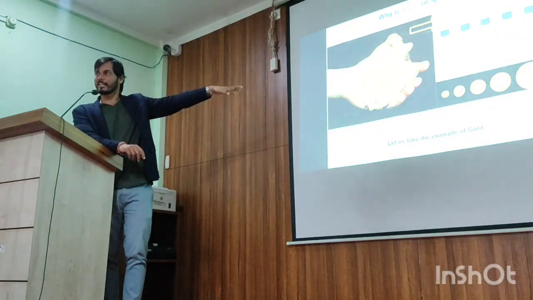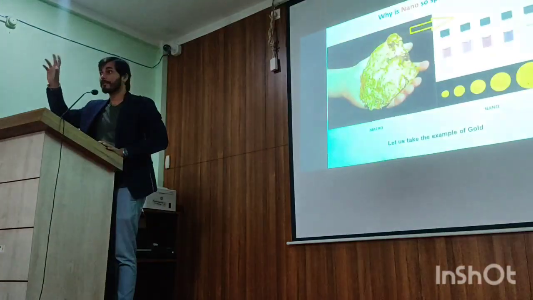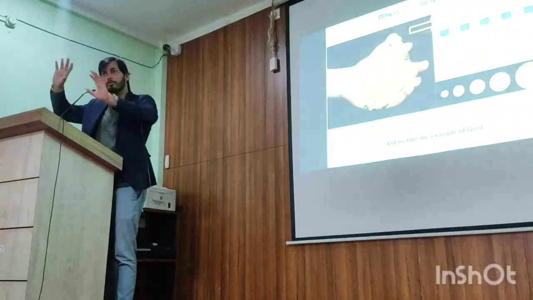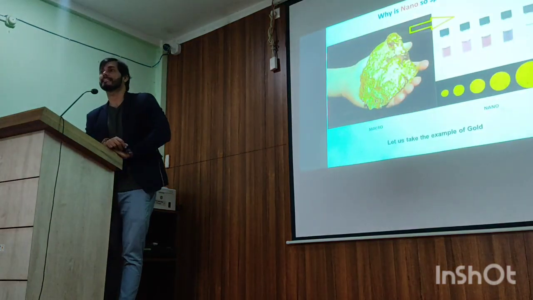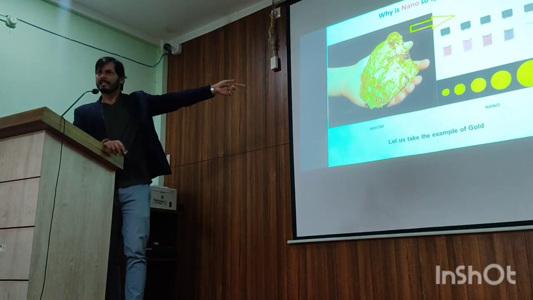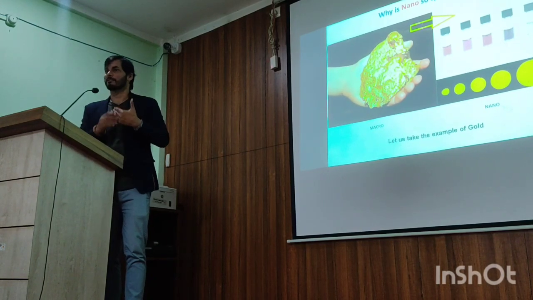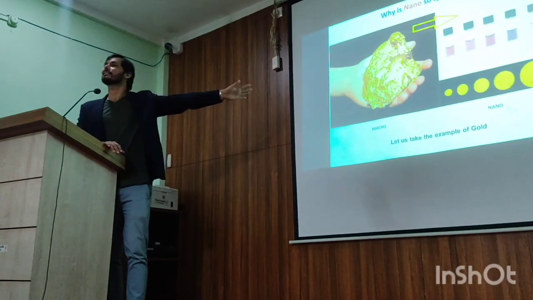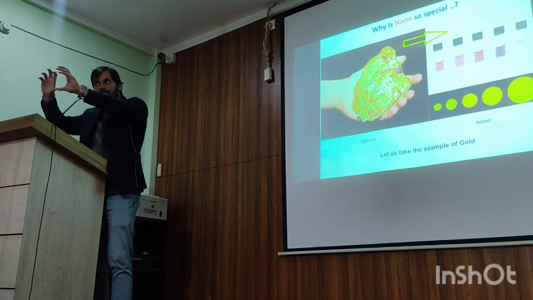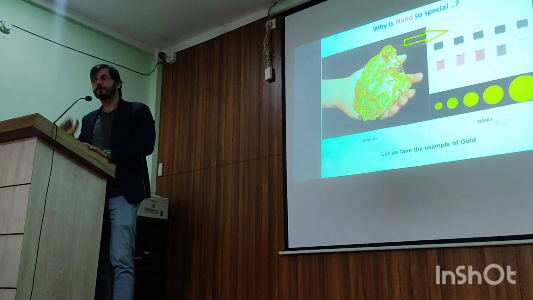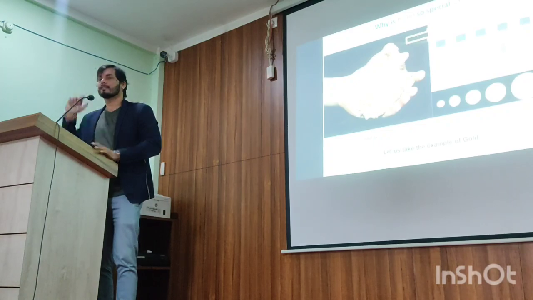So this is, I have taken a picture. Now if you take a piece of gold like this, a bigger macro piece, and divide that piece into two halves, what will the color be? Suppose I assume it is a yellow color. Now if I divide that bigger piece into two halves, the color will remain yellow. The color will not change. That's the catch.